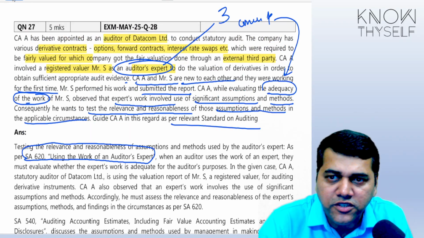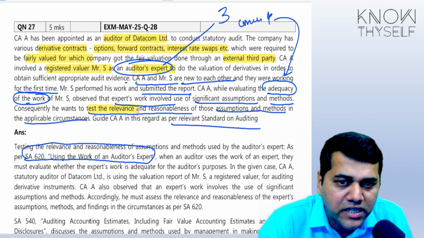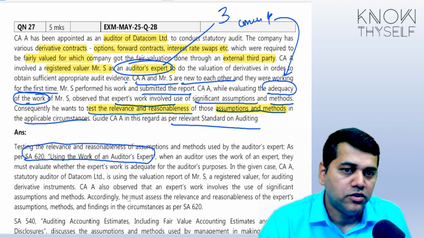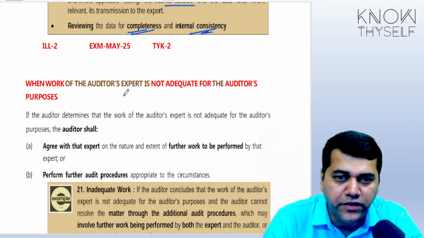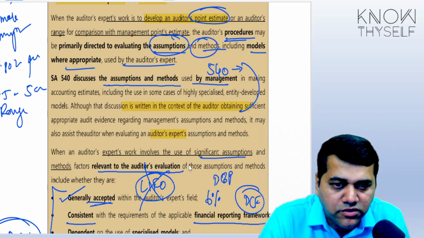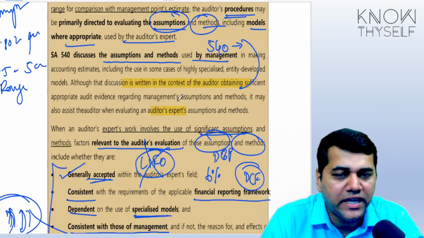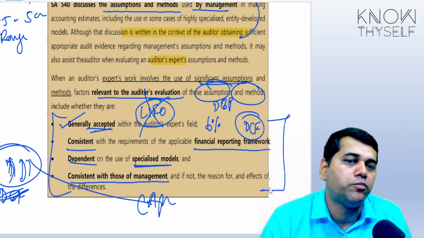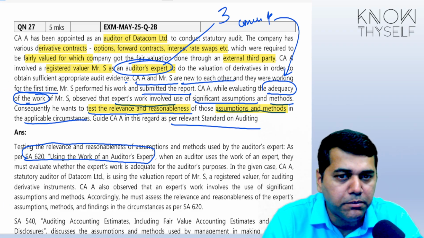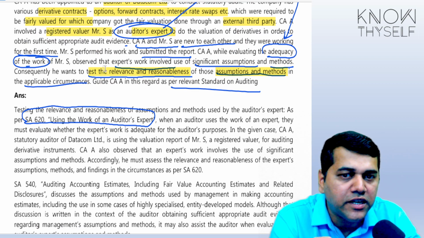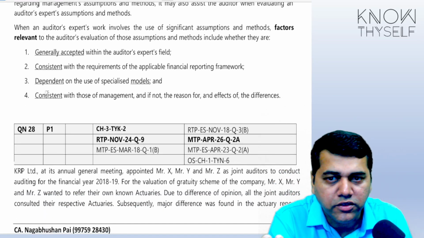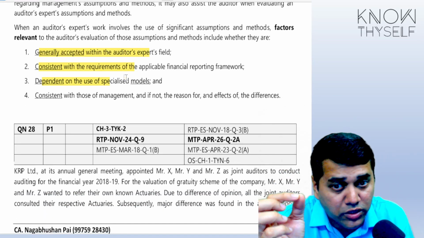But if you see here, they are specifically talking about testing the relevance and reasonableness of assumptions and methods. So here the question is very specific related to this part. You want to check relevance of the assumptions and methods. So they expect you to write these 4 points on this one. Means you can write other points, but you are not going to get any marks because the question is specifically related to this. So 1 mark probably you may get for this, and 3 or 4 marks you may get only for writing this. And you are supposed to write this.